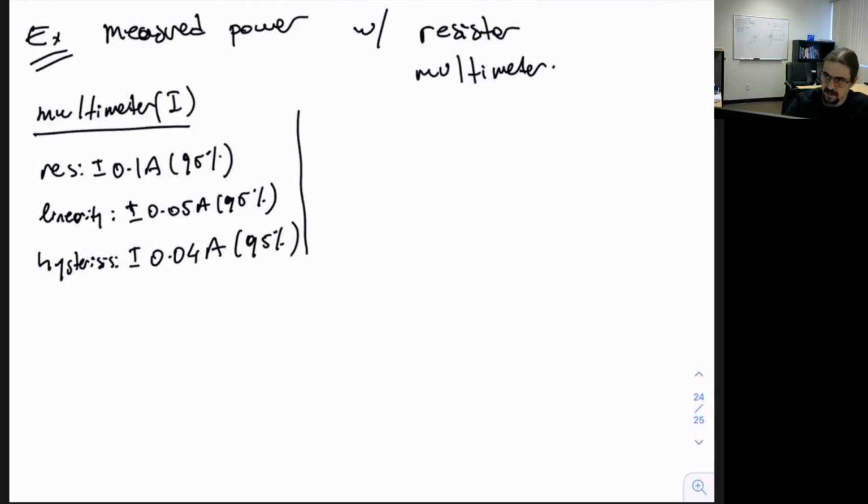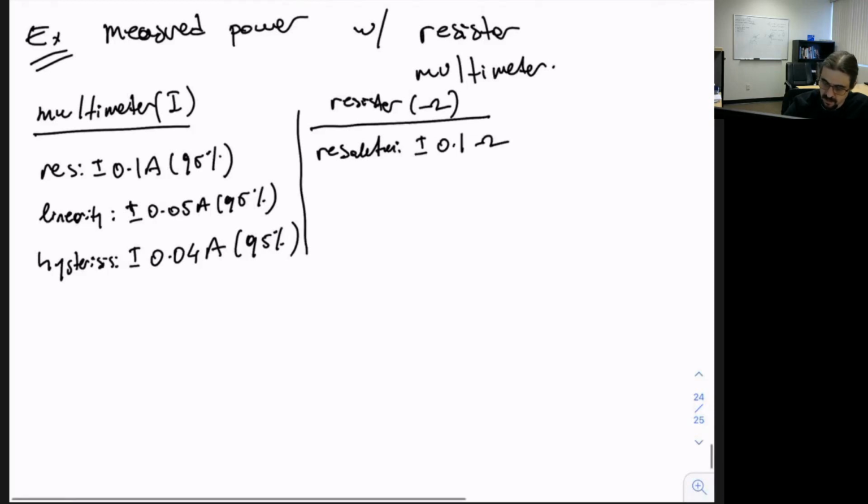And then let's look at the resistor, which is going to read resistance in ohms. The resolution is plus or minus 0.1 ohms, and the precision is plus or minus 0.1% of output. Okay, and our readings were